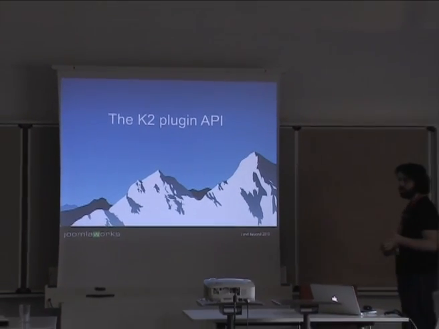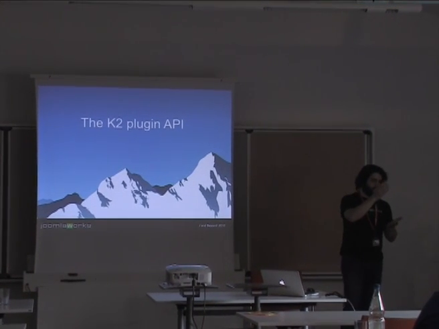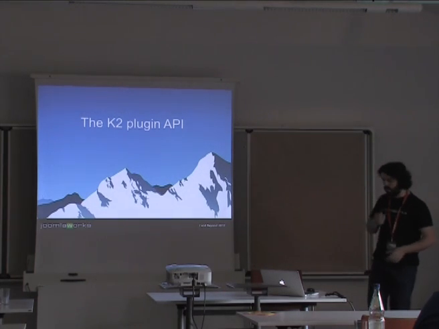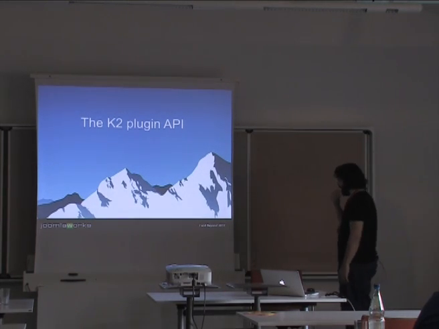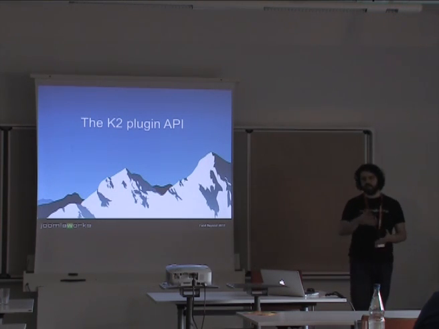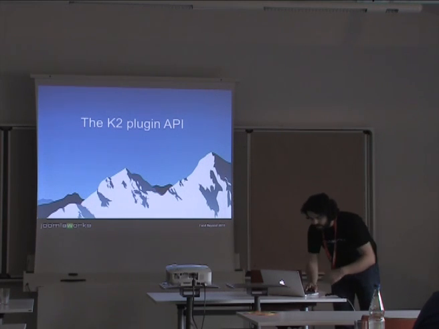We are, of course, using all front-end plugin events as used by Joomla and content. And we have added some additional ones because the content for K2 is a lot richer. So to be more specific,